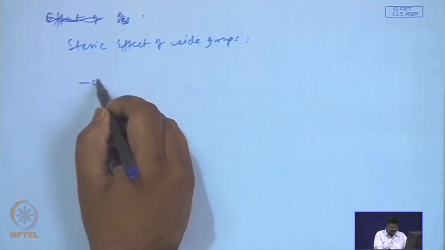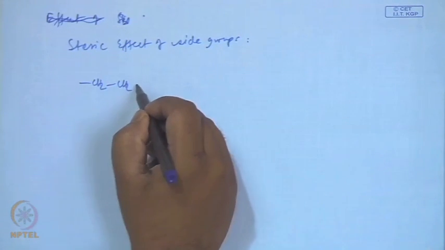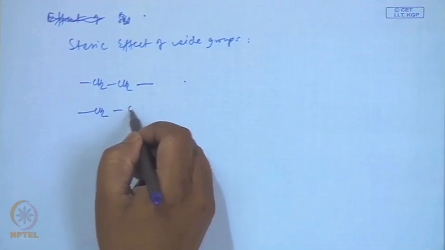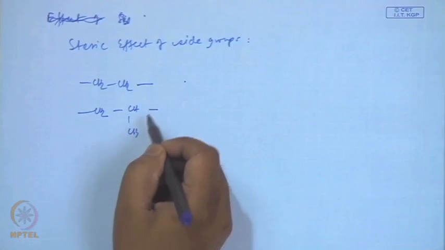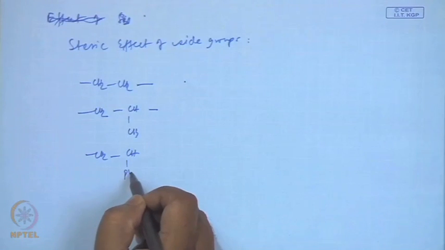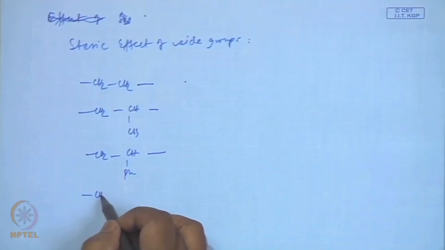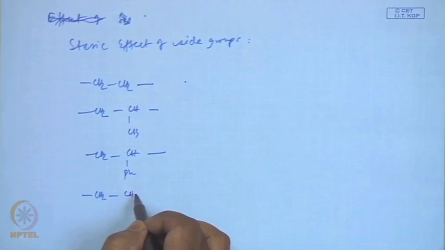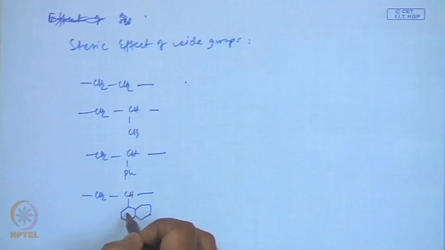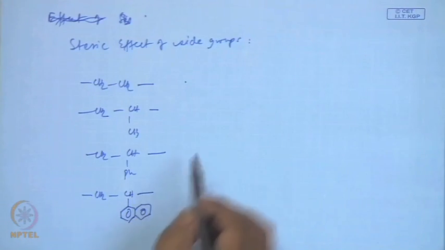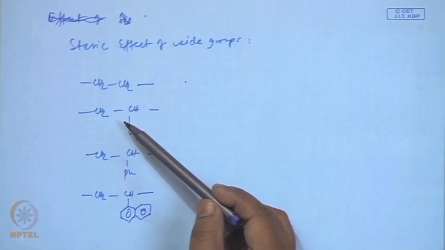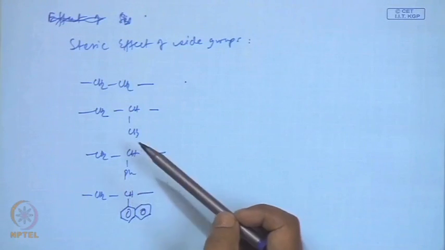So, if you just compare a simple example, polyethylene, CH2CH CH3, polypropylene, polystyrene, and 4-vinyl anthracene. Obviously, if you look at these structures,